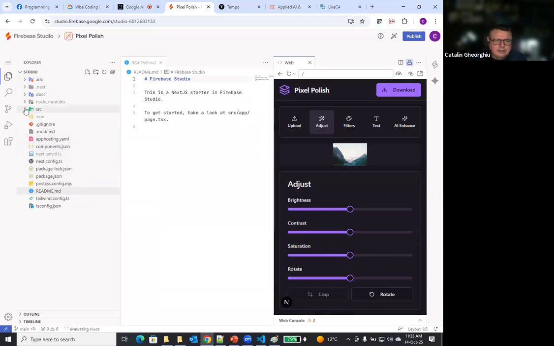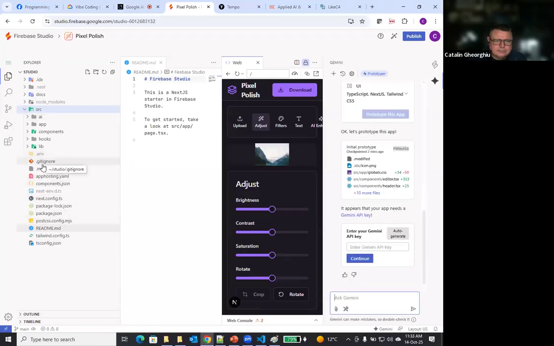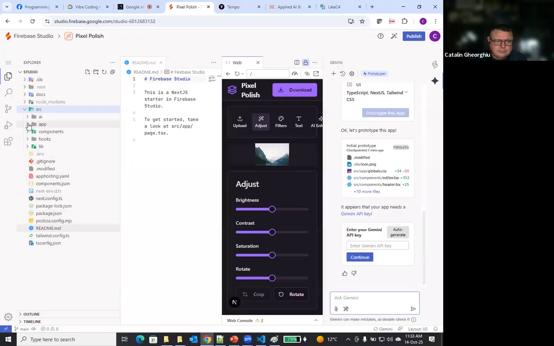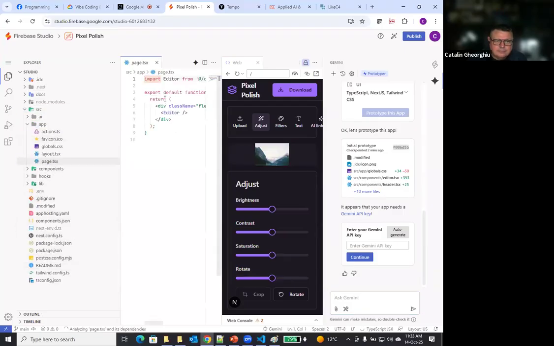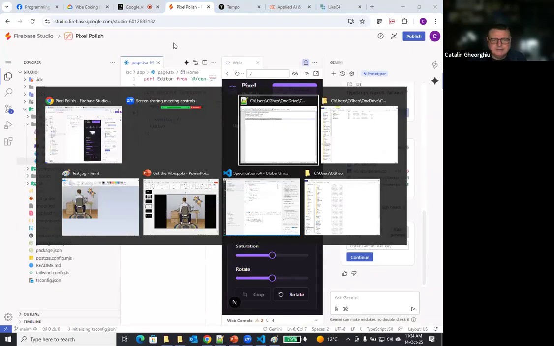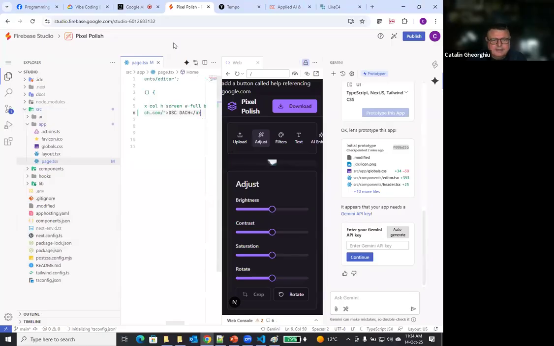Circle page. That was the prompt. Let's try this.